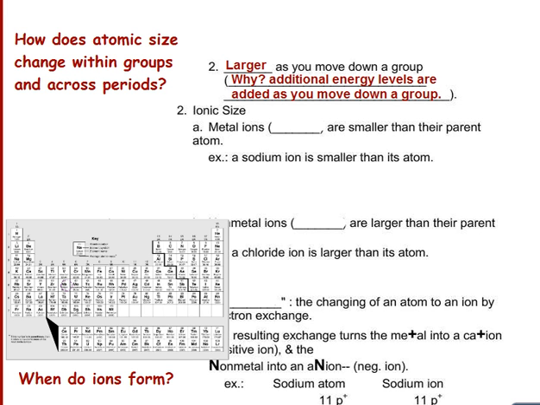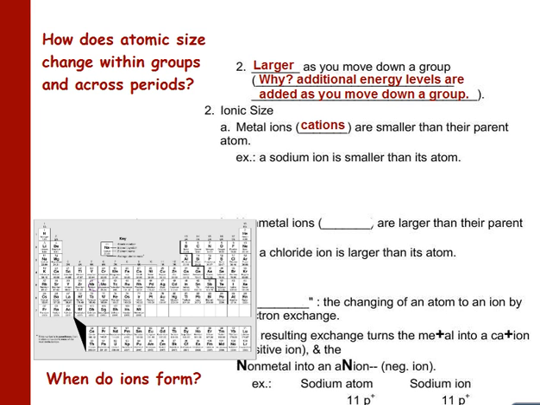So now we have ionic size, which is the other thing. Once the atom gets a charge, or it gains or loses electrons, the metal ions, also known as cations, get smaller than their parent atom because they lose electrons. So we're going to draw that here. A sodium ion is going to have 11 protons, and around it is going to have